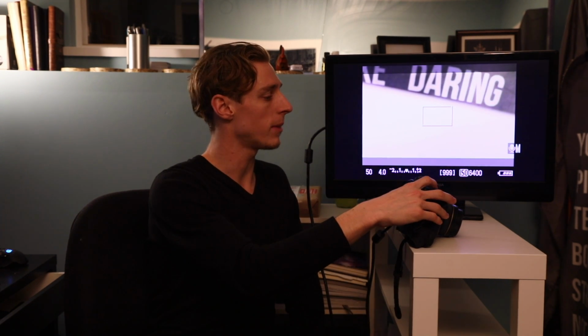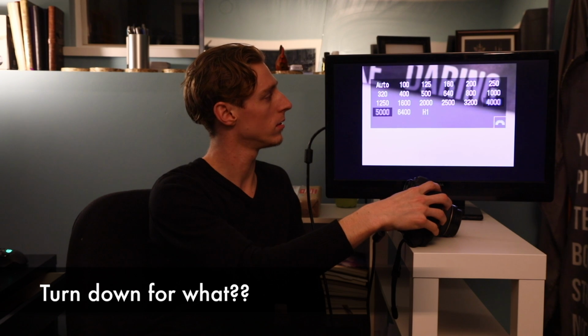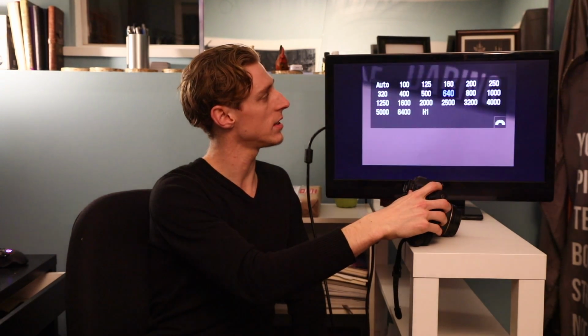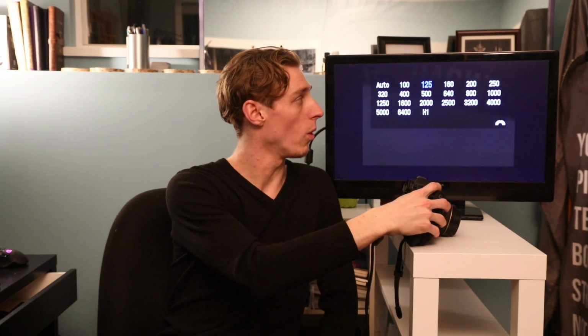If I want to adjust my ISO, what I'm going to do is turn that down. I'm going to turn that down to 100, and you can see that as I go lower, the image gets darker. We've achieved a very dark photo because we've lowered the ISO, but at the same time, we have a much more quality image. I'm going to bring that ISO back up just for you,